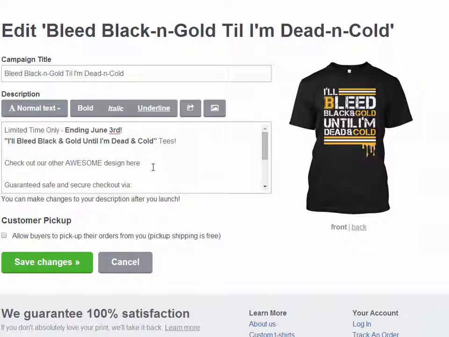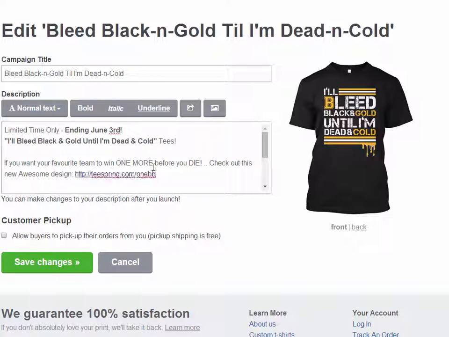We can also do something like, it's probably better to go, if you want your favorite team to win one more before you die, check out this new awesome design. Put the link there like that,